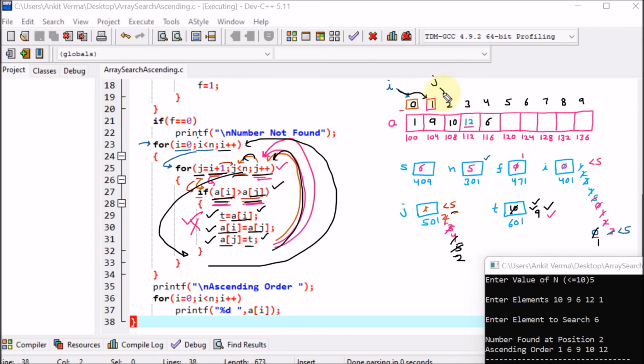Again the J will increment. So here J will come to the 3. Then afterward 9 will be compared with the 12, but 9 is less, so no problem. Again, j will be incremented, so afterward 9 will be compared with the 6. Yes, 9 is greater, so here swapping will be performed. Now 6 will come here and 9 will be shifted. When the value of j is further incremented, the loop will be false. So it will come out and again go back, and the value of I will be incremented.